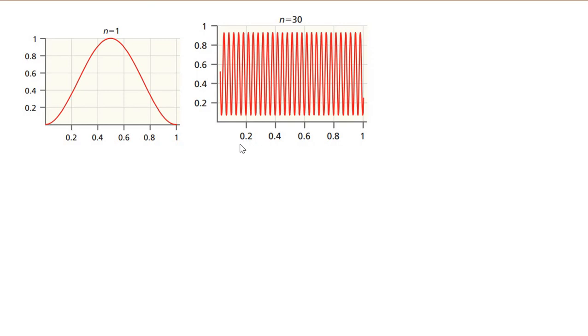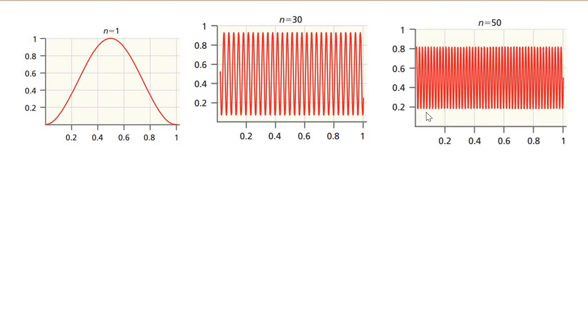It looks like this, as you know, and this is for n equal to 30, the 30th state, and this is n equal to 50. So these are just a few examples, and what happens here is that as you go on increasing this quantum number n, the function looks like this. That means it is almost continuous, no node. So it would be a continuous line kind of thing,